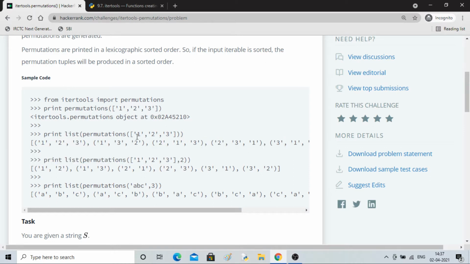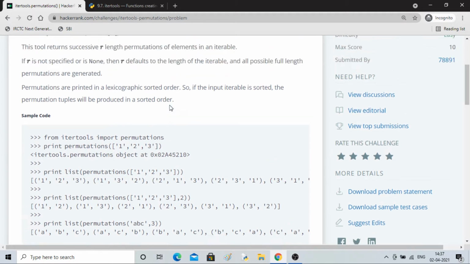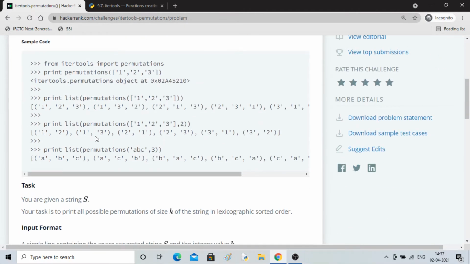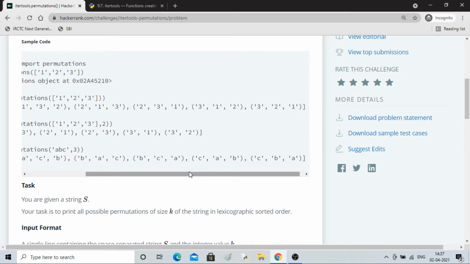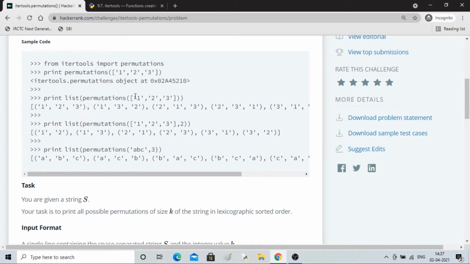So these are the possible combinations of 1 2 3, because you have not specified the length r, so it is taking the full length. Here: 1 2 3, 1 3 2, 2 1 3, 2 3 1, 3 1 2, 3 2 1. Okay, these are all the possible permutations of this list 1 2 3.